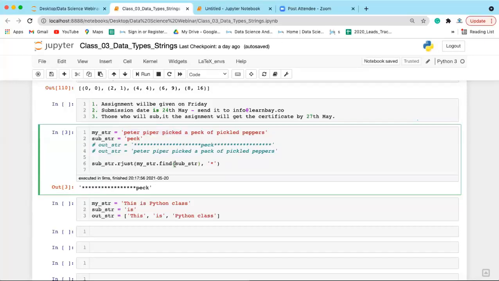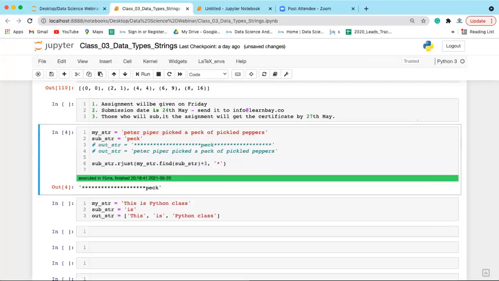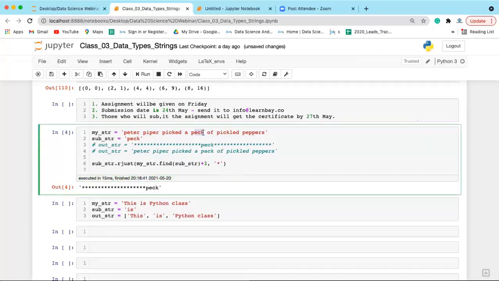So we did my_str.find of substring, got the index, and the resultant string became the length of 29 characters. But what we actually want is this plus 3 characters to be added, because we have 3 extra characters here. We don't have only a single word, we have 4 characters, so we added plus 3.